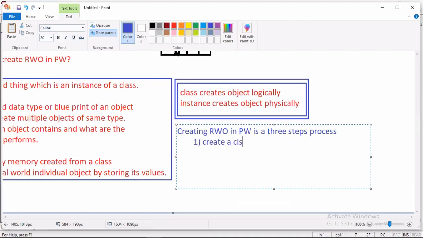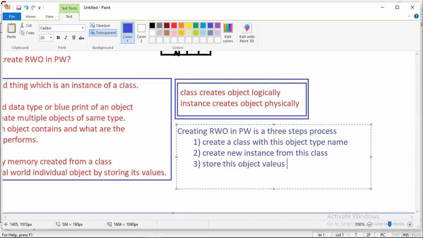Create a class with this object type name. Second, create a new instance from this class. Third, store these object values in this instance.